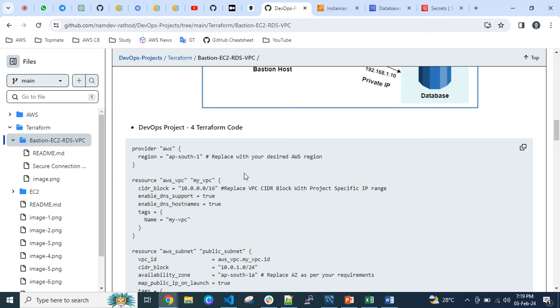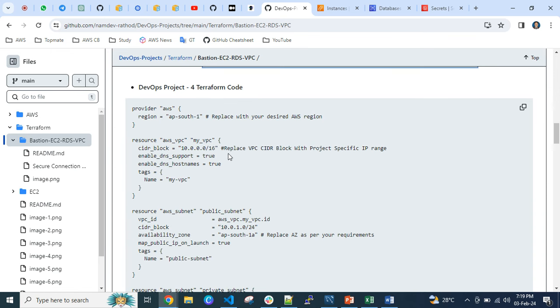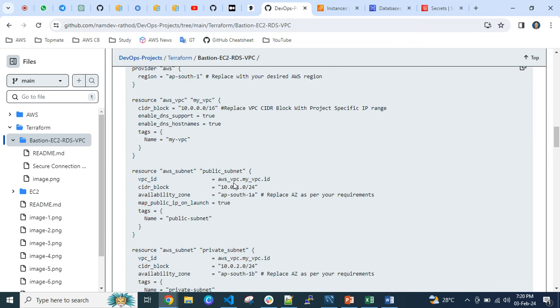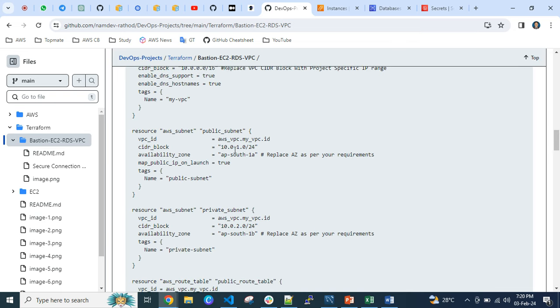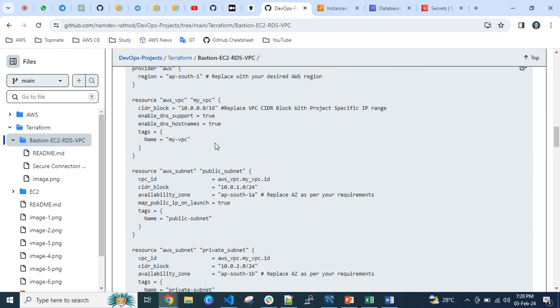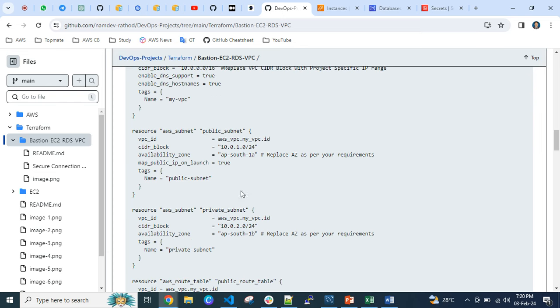So if you want to practice on your local machine, you can just copy this entire Terraform code and make changes according to your account. If you want to give any additional or different CIDR range, you can just give it here. If you want to create multiple subnets, like two public subnets and two private subnets, you can design accordingly. For now, I'm just designing one VPC here, with one public subnet and one private subnet